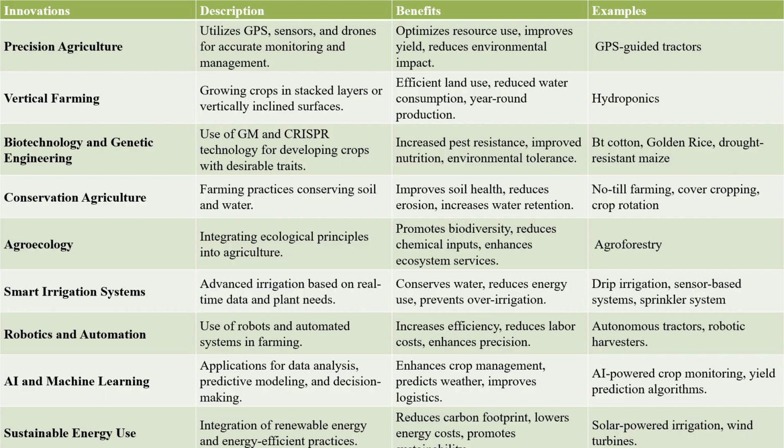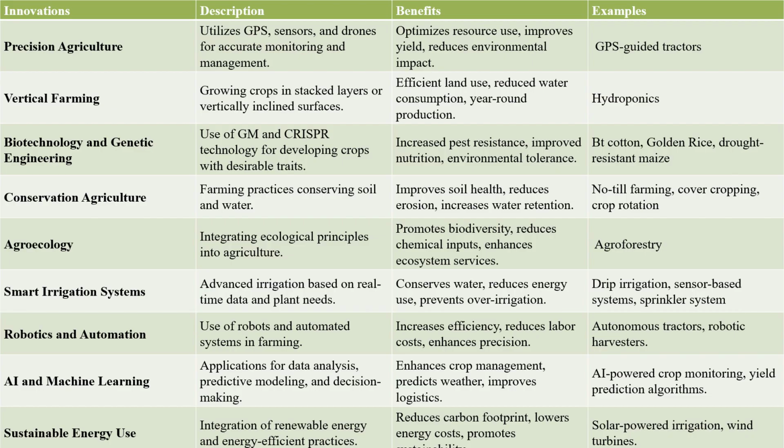Number eight is AI and machine learning. Of course, as the world is progressing in AI, AI and machine learning are also applied in agriculture for data analysis and predictive modeling. These technologies can enhance crop management, predict weather patterns, as well as improve logistics. For example, AI-powered crop monitoring and yield prediction